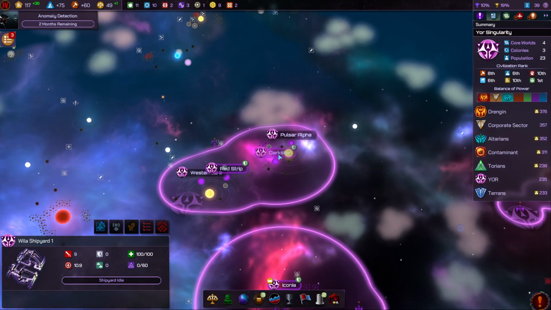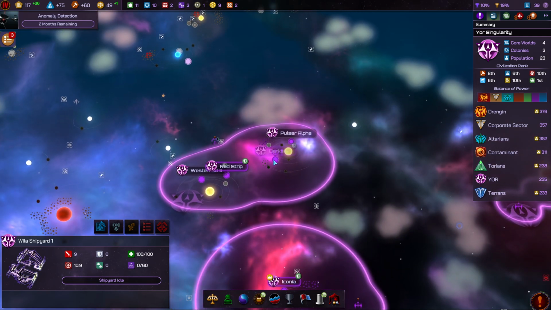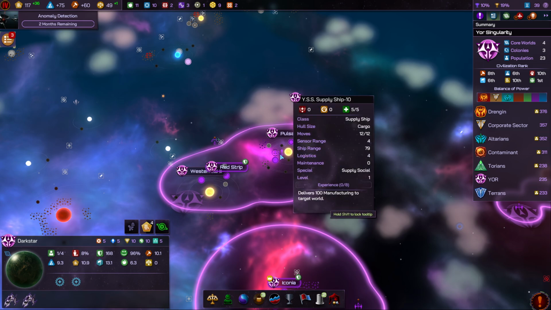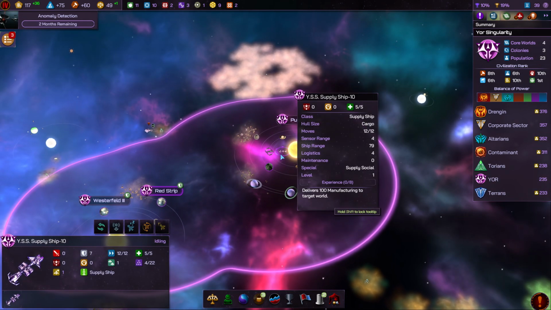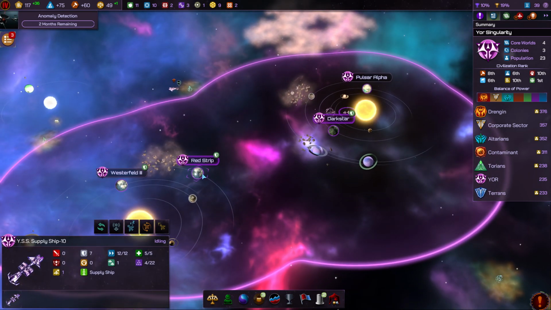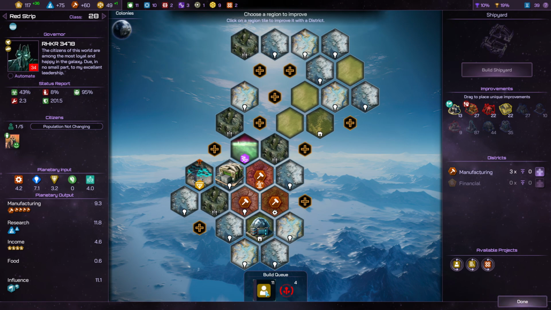Dark Star. Do we have a good... Is this one the one with a really good wealth? Yes, it is. Yeah, the wealth at Dark Star is pretty good. I think we could probably get up a freighter here, and that wouldn't hurt us too badly. Yeah, we want the supply ship going over to Red Strip. And I think once we built this new thing, we're going to get this new population,